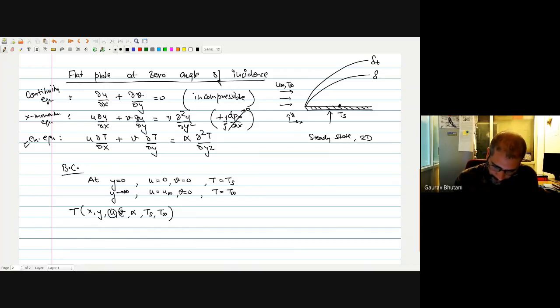Now, but U and V, since it's a coupled system, we can see that if I look at the X momentum equation, then my U depends on X and Y. I won't write V because then I'll have a separate equation for V as well. So that way we can remove the dependence on V. Then we have the kinematic viscosity, nu. We also have this term dp infinity by dx.